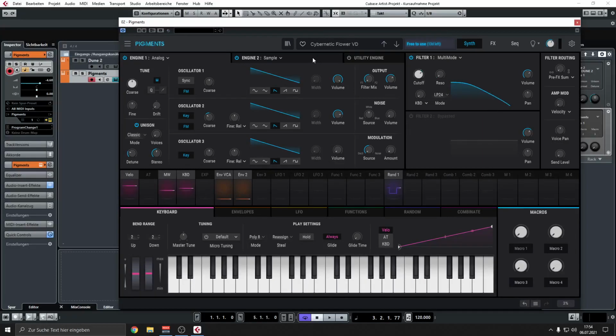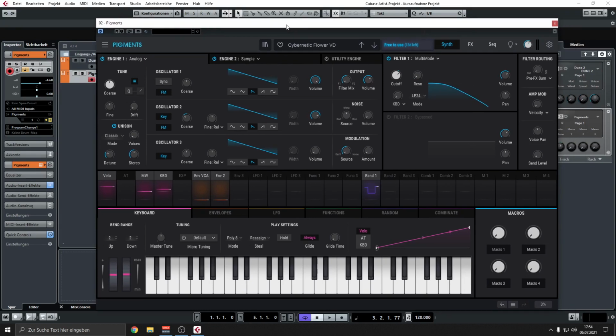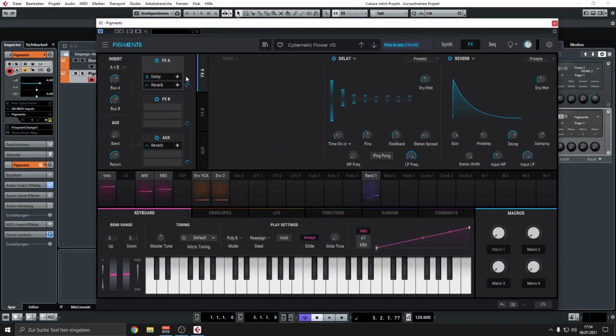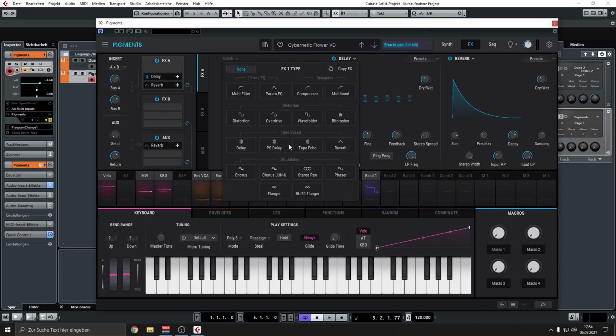Welcome to Chapter 3. In this section we will be talking about effects. I won't cover all the available effects here because some of them are really specific, and I will only cover the most common and most important ones that you will find on almost any synthesizer that comes with effects, and stuff that you will most likely actually use,